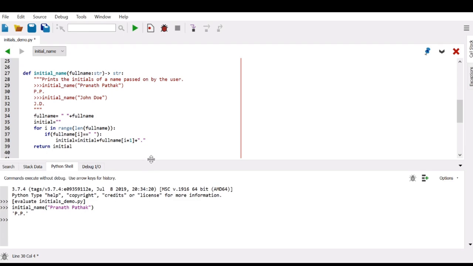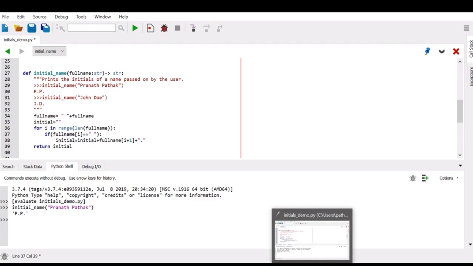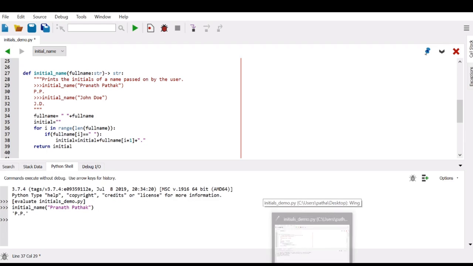And yeah, so a mix of loops. I'm sure you'll see the loops in detail in the next section that Bardia covers. But yeah, conditionals, we checked if it's a space based on a true or a false that we got here. We added something to the string. We used some concatenation. We had a blank string. We added the first letter of the first name or the last name. We added a dot to it. And then we finally returned it. So I felt that was a good example to look at all the three or four things that I was covering a short while ago.